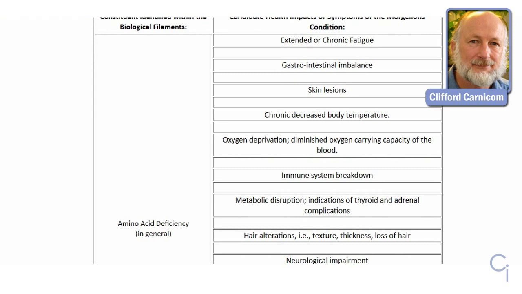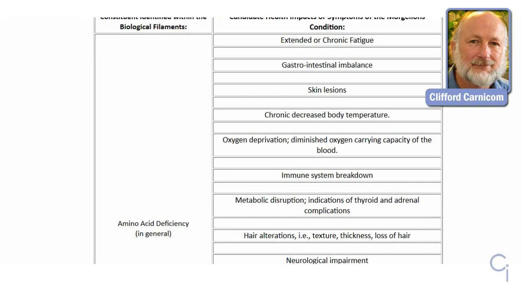Examples here are extended or chronic fatigue. I mean, think about it. Proteins, right? The source of structural building in your body, the formation of tissue, the creation, basically, of biological matter. This is what we're talking about when we're speaking about amino acids. It's one thing to fix something that's wrong, but you've got to be able to grow, first off, to repair damaged tissue and this type of thing. So what's his list here? Extended or chronic fatigue,